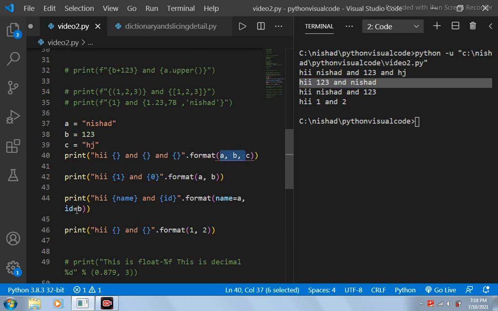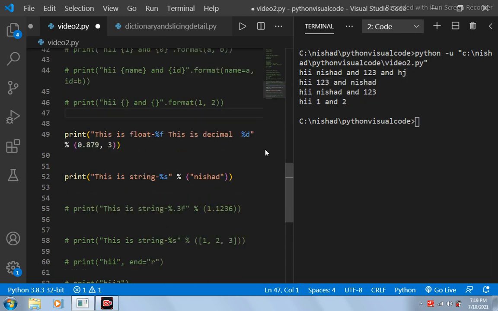Similarly, you can use keyword arguments over here, and what we have to simply do is put the keys in these curly braces, and the value that we have assigned to that key, here we have assigned a, right? So the value of this a is Nishad, so this Nishad will be put over here, and then the string will be printed. Okay, and now the last way to use this print function is by using this syntax over here.